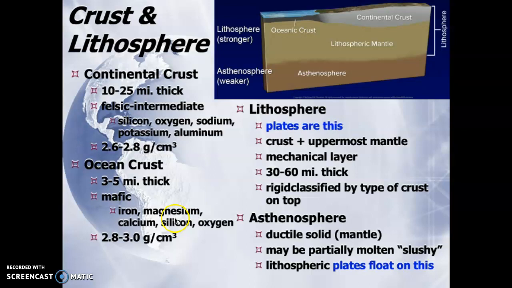Again, it's a ductile solid. This is the uppermost mantle. It is very slushy. We think the top of the asthenosphere might